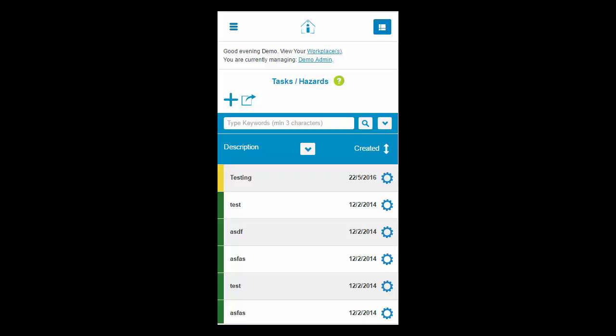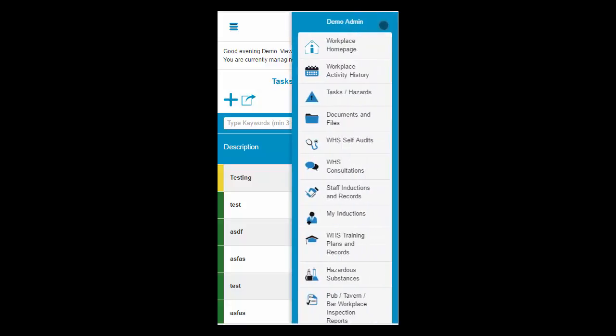Here we're looking at a typical system module. In this case it happens to be called Tasks and Hazards. All systems have a module just like this, but the names do vary slightly from system to system. The important thing is that the module name always displays here, directly below the Mobile Greetings tab. Remember, to view the names of all system modules, just select the module menu via the icon at the top